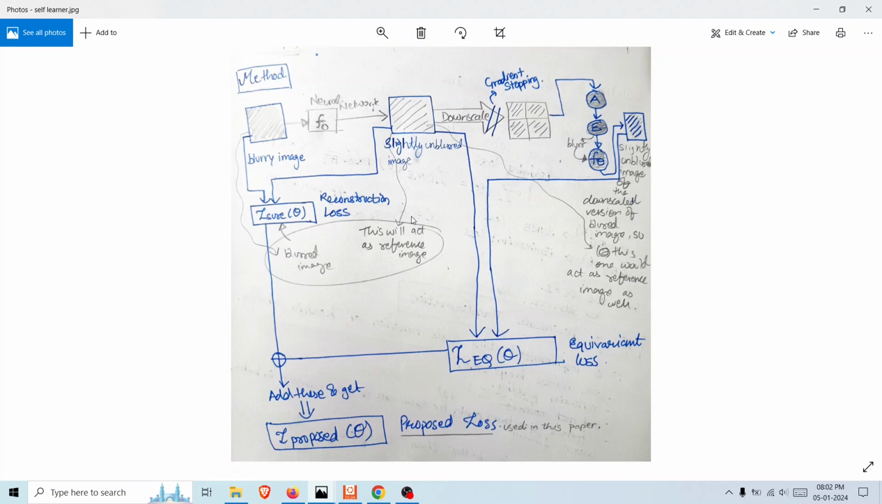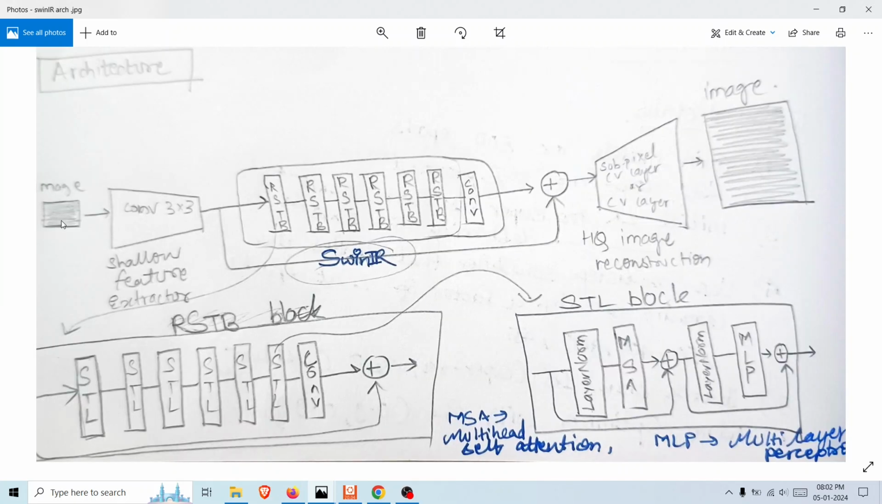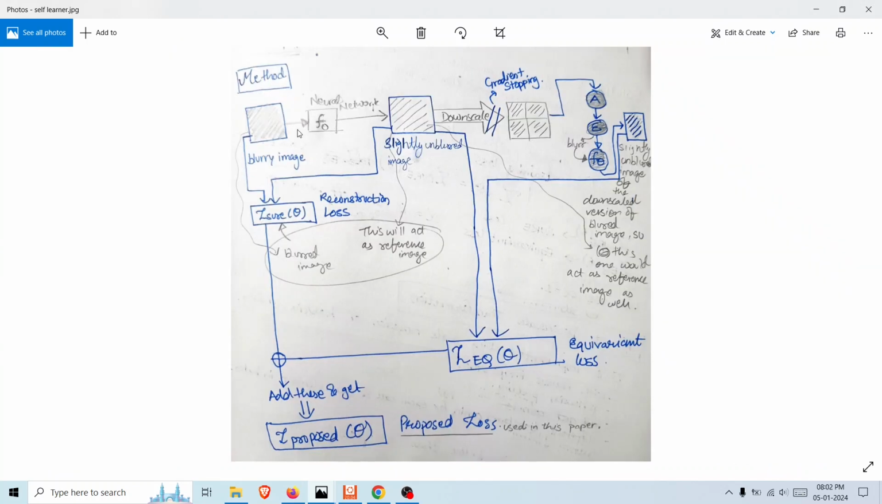Our transformer is basically a SwinIR transformer, and I'll explain this to you in a moment. Just bear with me. This is a neural network, and it will give us a slightly unblurred image. Basically, the first initial values will be random. What we will do is downscale it again to the resolution of our blurry image, and after we